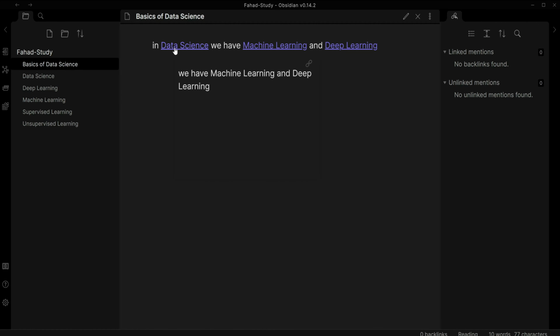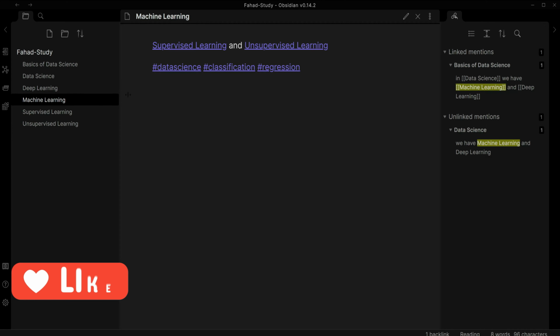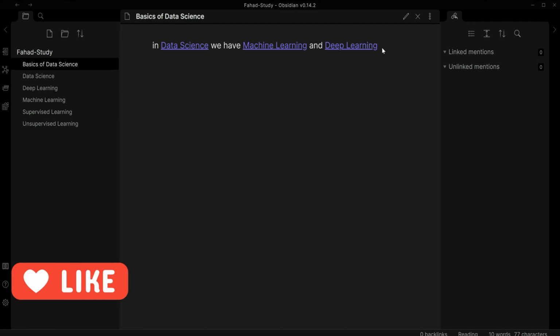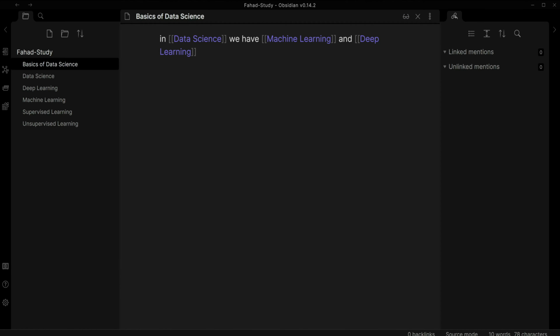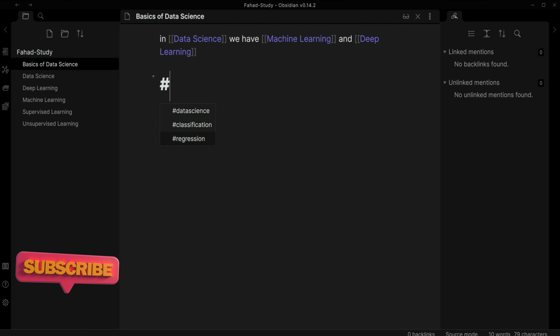If you remember, we clicked on it, they were created, and now inside each node I have a bunch of stuff. So here I'm going to go to the editing mode and write hashtag, and these are the hashtags that I already wrote in the previous notes. That's why they are appearing. They are not supposed to appear because I already created them. But let's create a new hashtag called